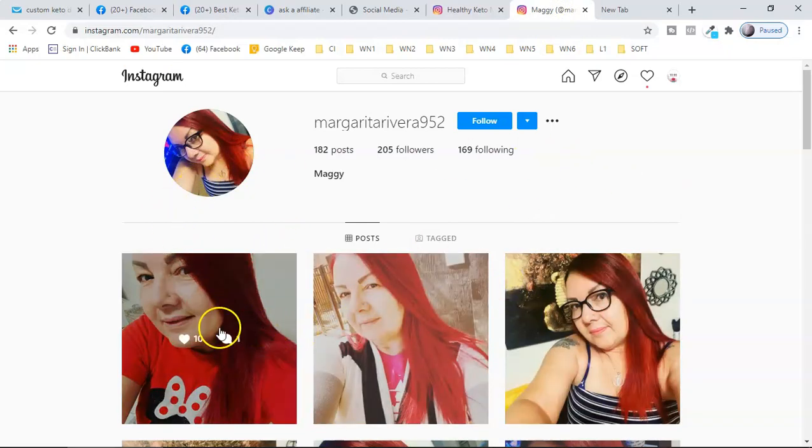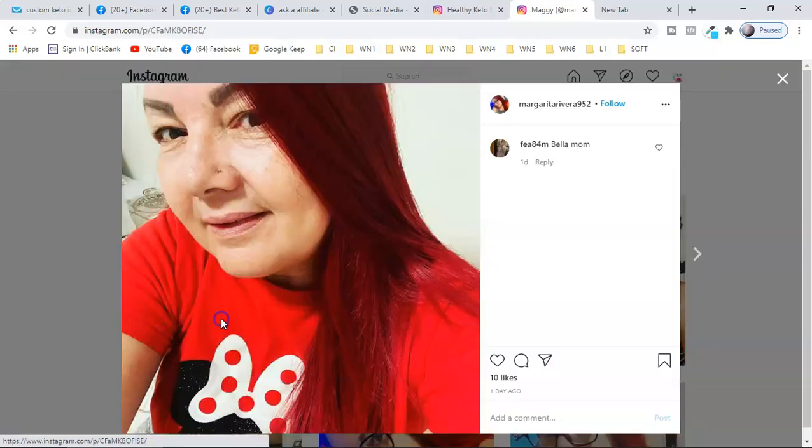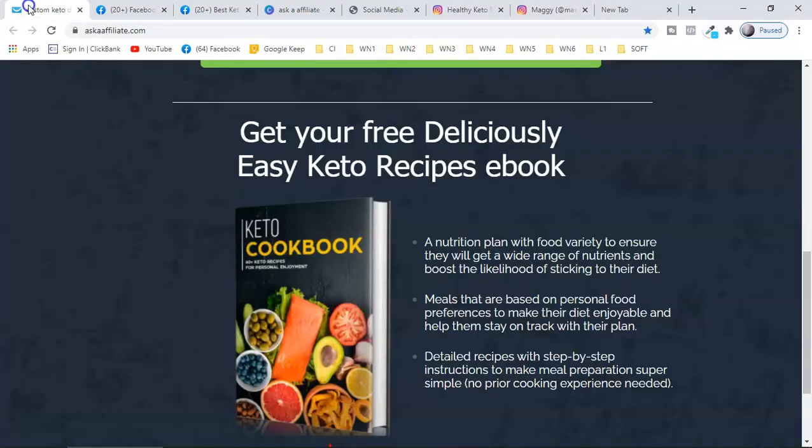This is one of the profiles. You can follow this page and then like a few of the first images, and in one of these images, comment that you have a free keto ebook, and if they want, they can check in your bio. With that, they can also check your Instagram page. Okay, if they like your Instagram page, they will follow also, and they can also get the free gift. Okay, so this is one of the best strategies, guys.